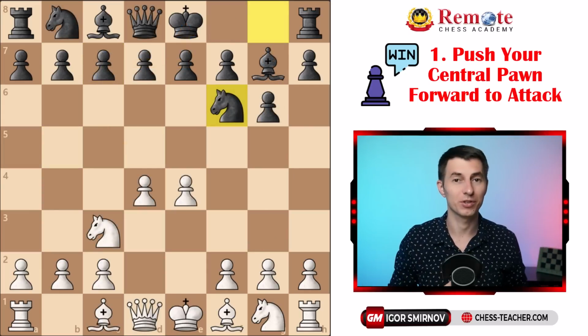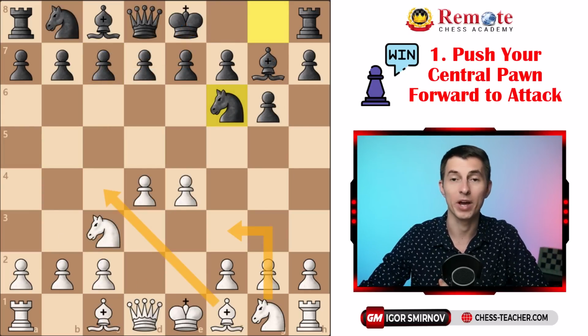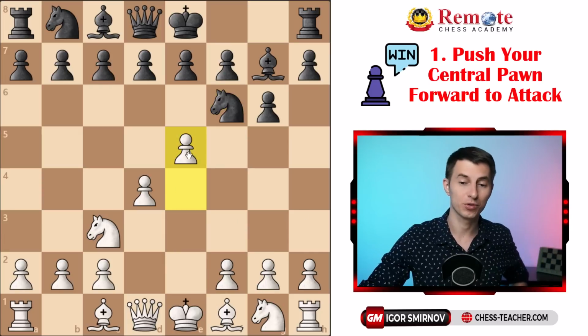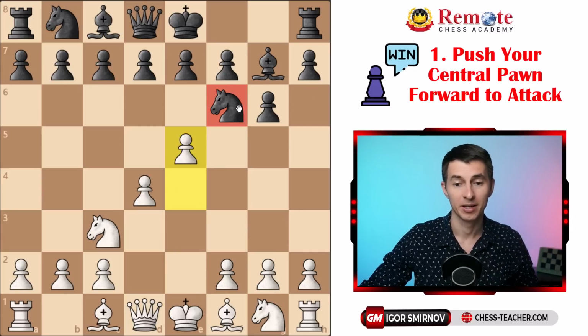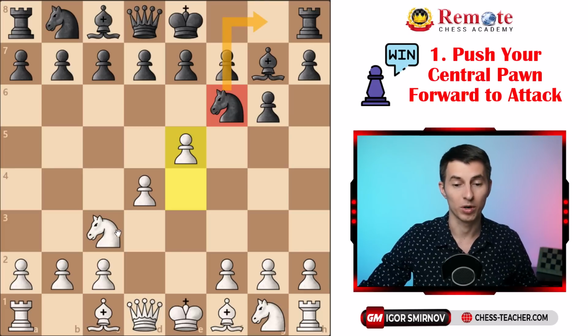Here's another similar situation. A lot of players would just develop their pieces somehow here playing white, but instead, you know that you can push your central pawn to attack this knight. Black does not really want to undevelop the knight back to its original square, and what else can they do